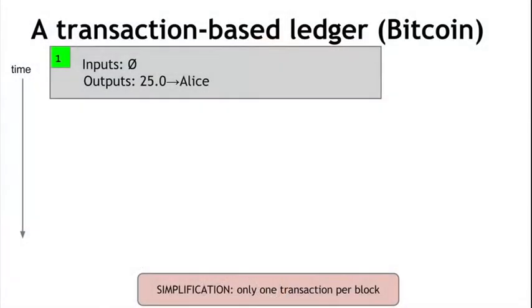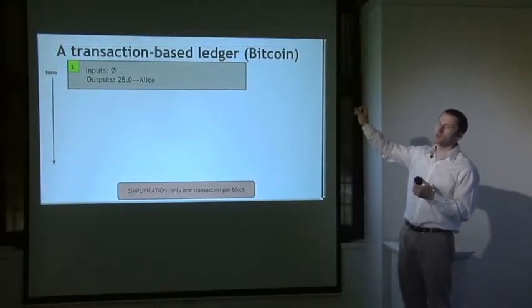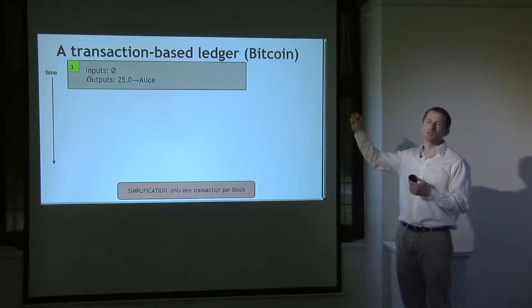Instead, Bitcoin uses a ledger that just keeps track of transactions. So how does that work? This is a transaction-based ledger which is very close to Bitcoin. Now transactions explicitly specify a number of inputs and a number of outputs. And transactions also each have a unique identifier. So we'll start with transaction 1, which has no inputs because this is new currency being created, and an output of